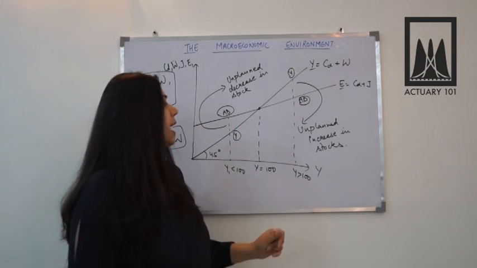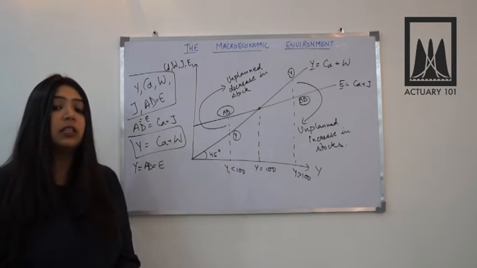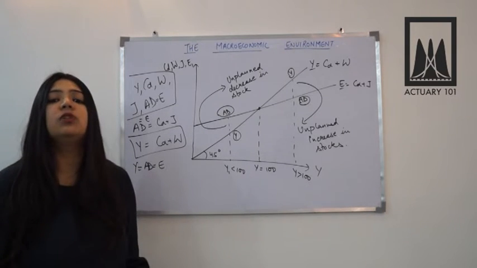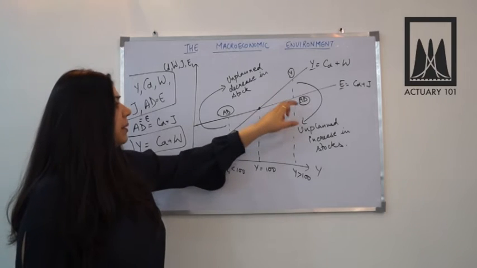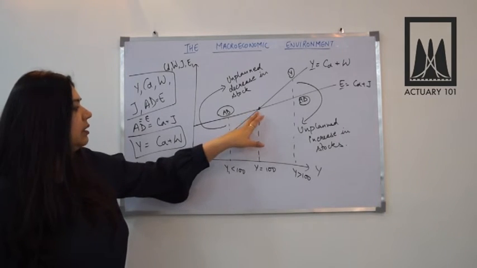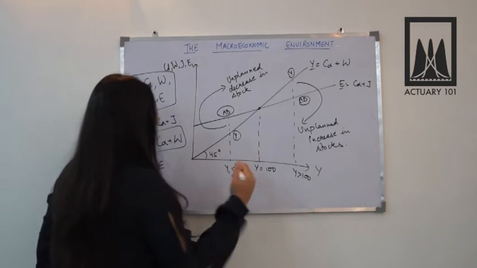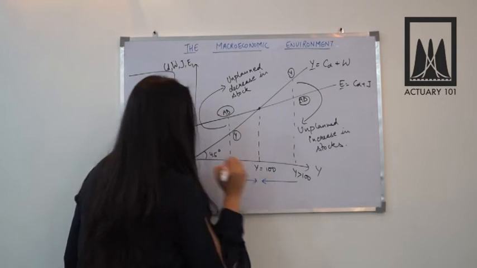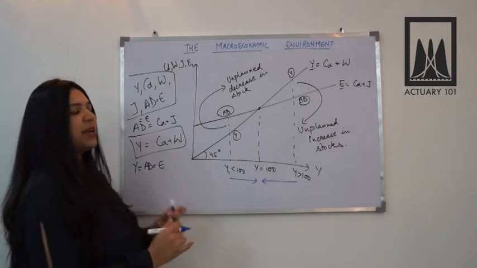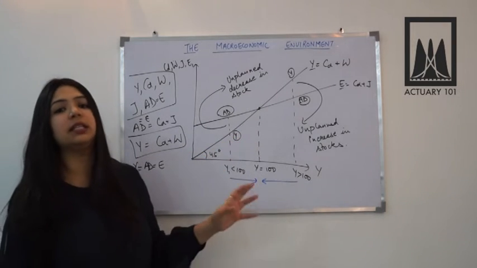The opposite things happen when we have unplanned increase in stocks. When there is an unplanned increase in stocks, the government will discourage the firms to produce more and they will encourage the consumers to buy more. So what will happen is that the demand will increase and the supply will decrease, and that is why the national income equilibrium will be achieved again. So ultimately what will happen is that the national income equilibrium will be restored at Y is equal to 100. So this is the mechanism that we use to attain the macroeconomic equilibrium in national income.